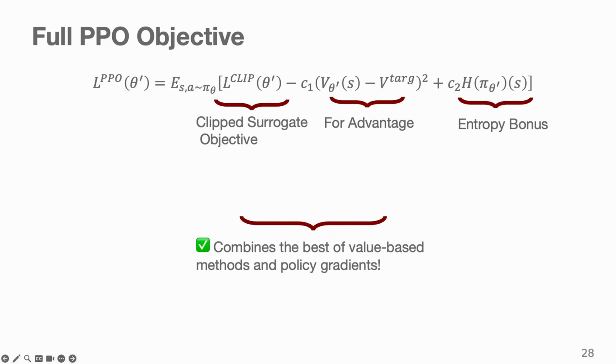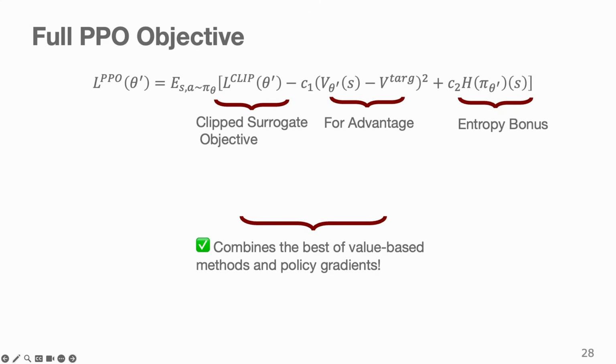All right. Okay, so here's the full objective of PPO. You can see a lot of things that we have covered today come together in this single formula. There are three terms. First is the clipped surrogate objective we just derived for PPO. This is the actor loss that is updating our policy parameters, and it's trying to maximize the advantage while keeping the importance ratio in a safe range.